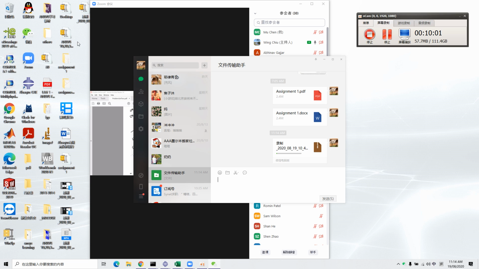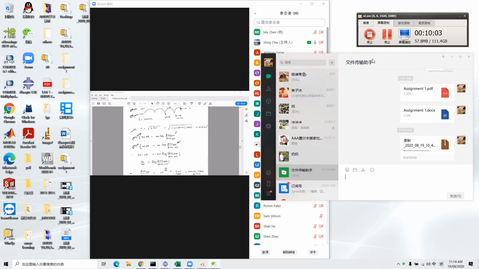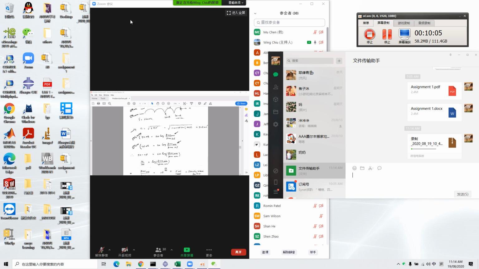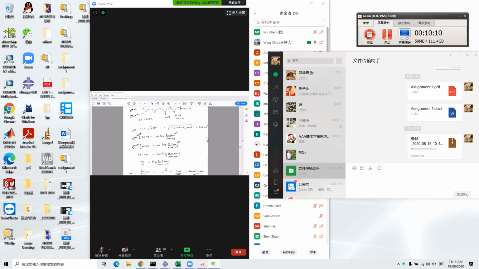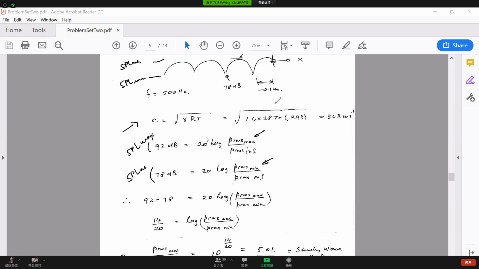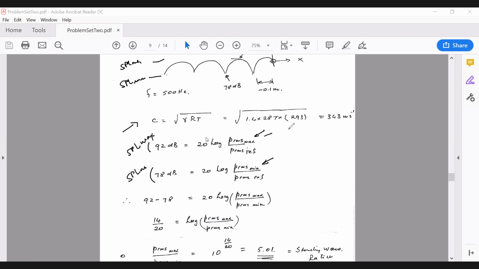All right, and then from there, you'll be able to calculate the RMS value of the pressure maximum and the pressure minimum, and you should be able to then refer this to the amplitude. All right, so then from there, you'll be able to calculate your standing wave ratio. Now, what is immediately obvious from here,